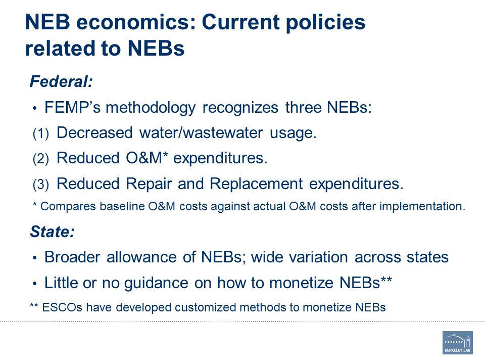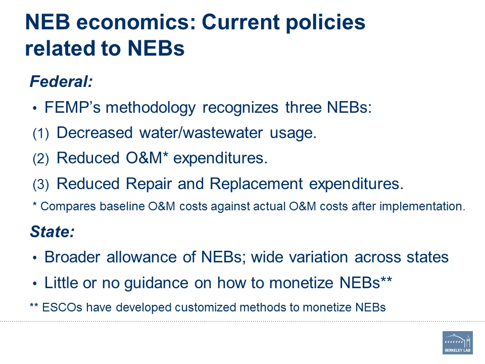At the federal level, the Federal Energy Management Program, or FEMP, developed a methodology that recognizes only 3 non-energy benefits that are eligible to be quantified and monetized. These are decreased water and wastewater usage, reduced expenditures in operations and maintenance, and reduced repair and replacement expenditures. As you can remember from Lisa's slide, she showed a slide with probably 50 non-energy benefits, and in this case, we can see that in the FEMP methodology, only 3 of them are currently captured and allowed to be